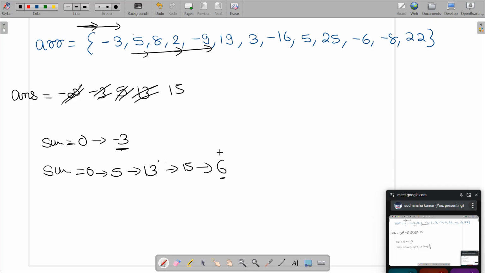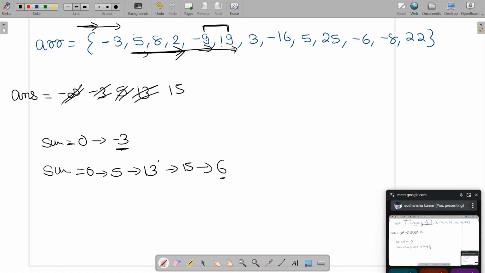I am not going to break my train only because a negative value came. When I take this -9 and 19 together, I am still in a profit of 10 units. And since the subarray needs to be continuous, you cannot take this 19 without this -9 if you are coming from behind. If this train wants to take this 19, it should take this -9 also. So we will break our train only when we encounter a net negative on our train sum. Otherwise we will keep on moving forward.